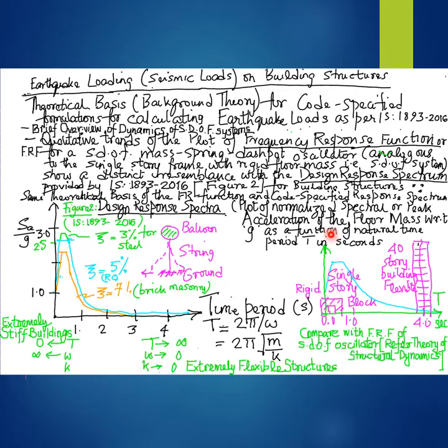The physical interpretation of this trend in qualitative terms is that an extremely stiff building, for example, this rigid block that is a single story depiction of a building deemed to be extremely stiff or rigid,